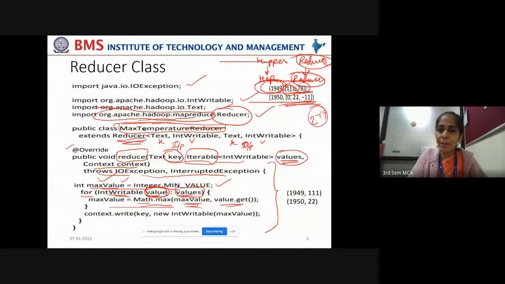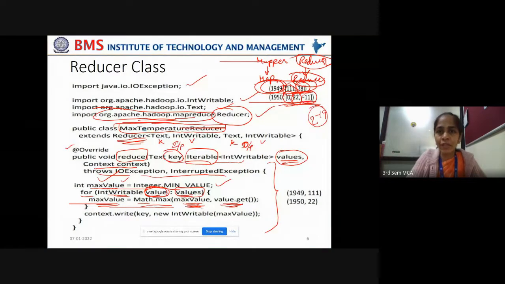If it is the maximum, meaning if this extracted air temperature is greater than the maximum value, then make that air temperature the maximum value encountered so far. Again, in the next iteration, the next value in the air temperature list is taken. In each iteration, each value available in the air temperature list is taken, and whenever a maximum value is encountered, that will be taken as the maximum value of air temperature encountered so far.